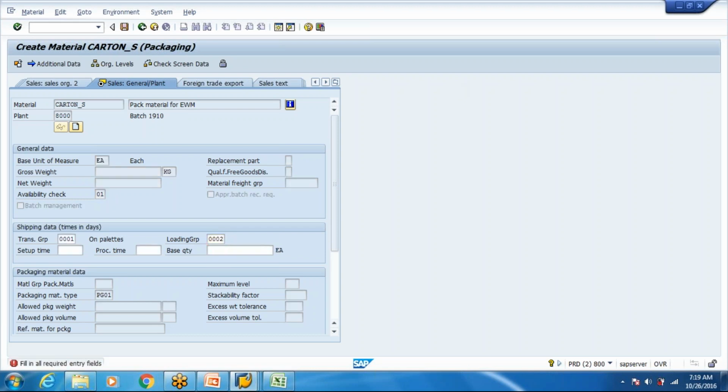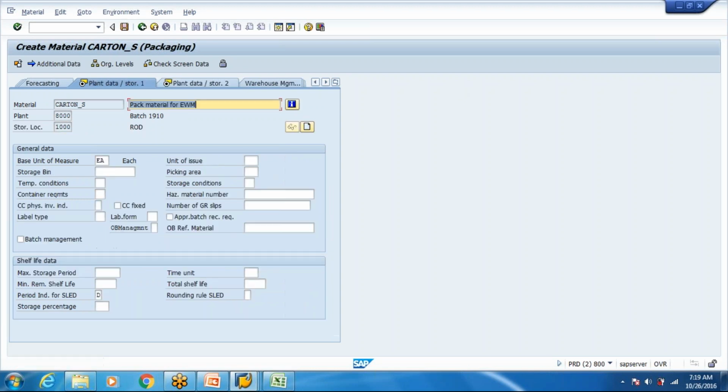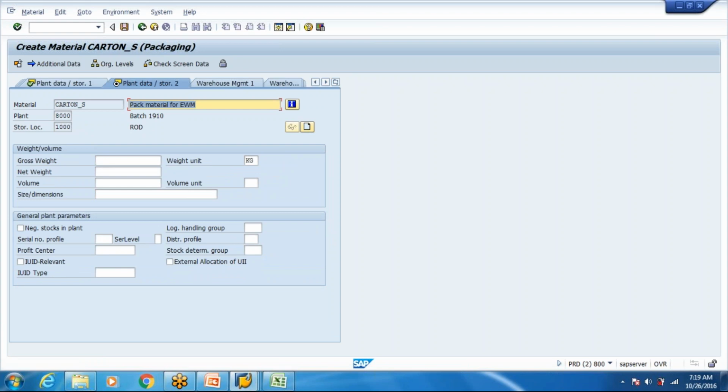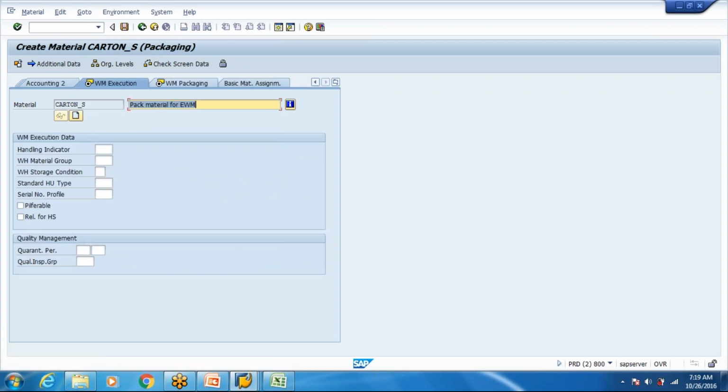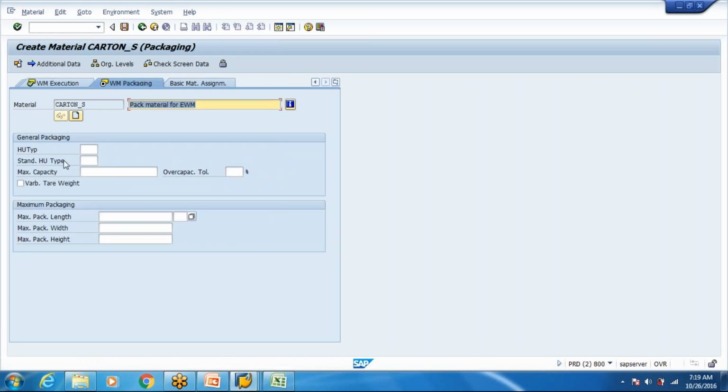You just maintain any default value here. In execution, if I want to maintain issue type and those things, I can mention it here, or I'll keep it blank for this particular one.